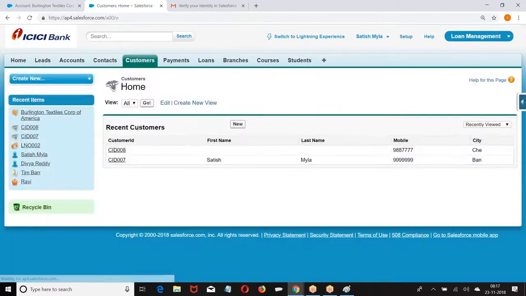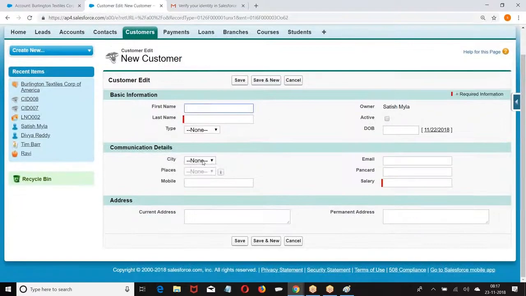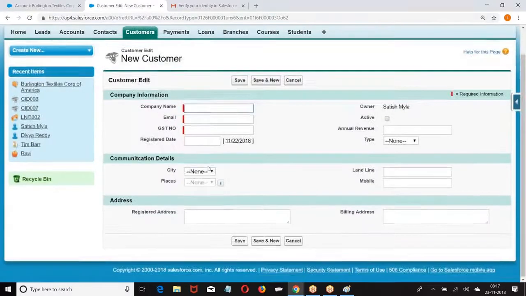Go to the customer, new. First let us see personal: Bangalore, Chennai, Hyderabad, Pune. The same, if I open as a business: Bangalore and Hyderabad. So options in the pick list are modified based on record type.